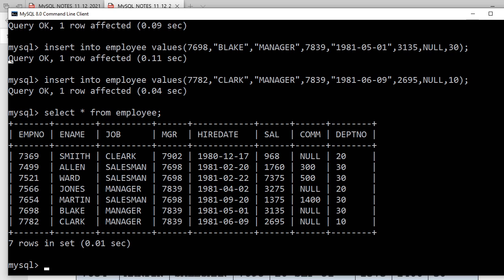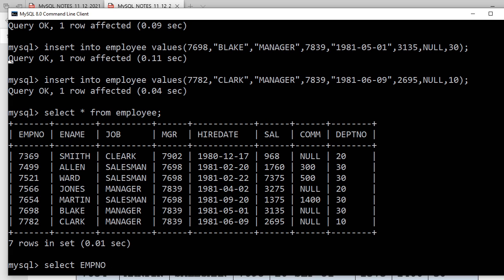Display employee number and name of all the employees. Employee number and employee name of all the employees. So let's make this one. How to do? Select command. Select, spelling, select. Now employee number. I had written employee number in capital case.